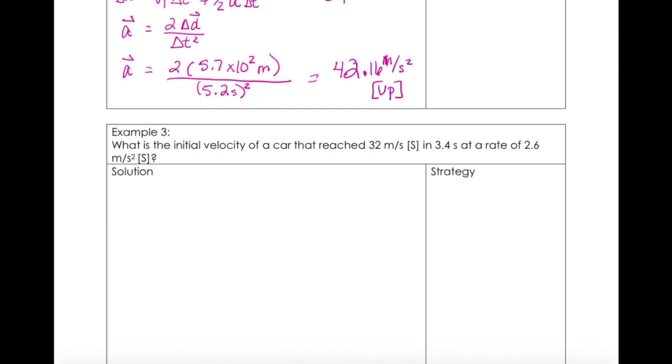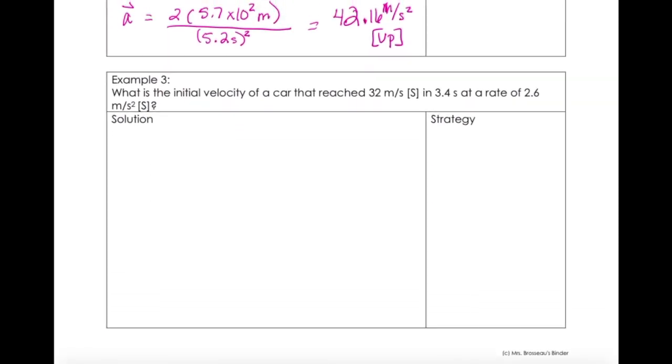All right, moving on to the final example that we're going to do today. What is the initial velocity of a car that reached 32 meters per second south in 3.4 seconds at a rate of 2.6 meters per second squared south? Okay, so if we draw this, they're going to be moving south. Okay, so if I'm drawing my car,